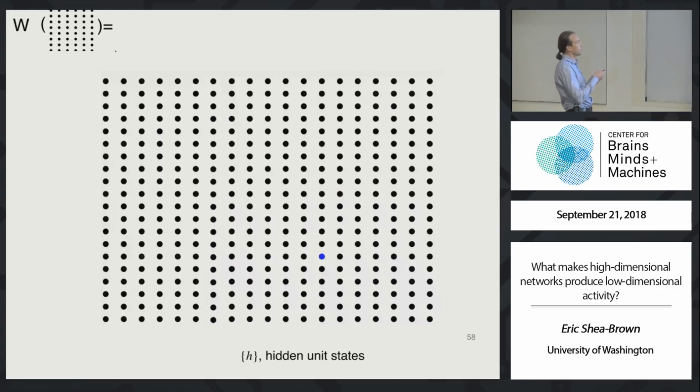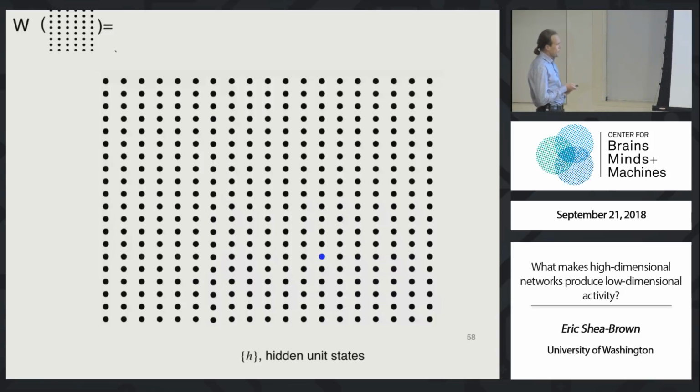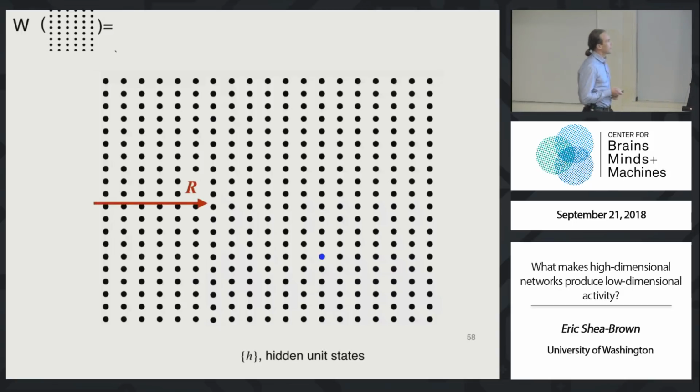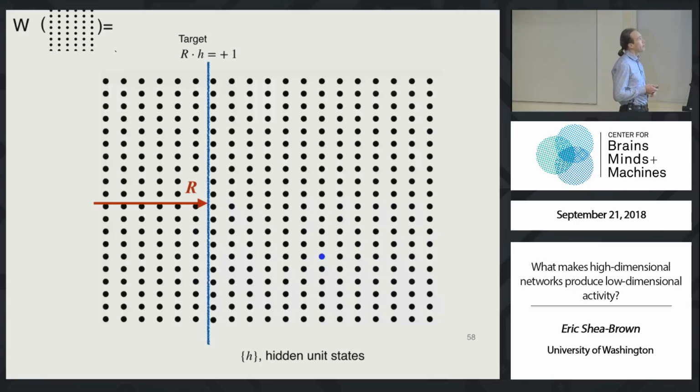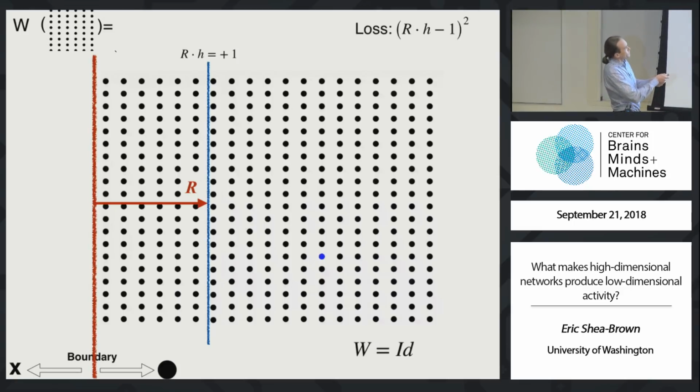This is huge, so you can see what's going on. That is the set of all states of the neural network across all the different inputs. I'm going to read out that state according to some readout vector R, and I'd better get 1 out. That is the objective of the classification. In particular, I have a loss function here, which is how well the system is indeed able to categorize these points: how closely the hidden states, when read out according to R, give me the desired output, the category 1.